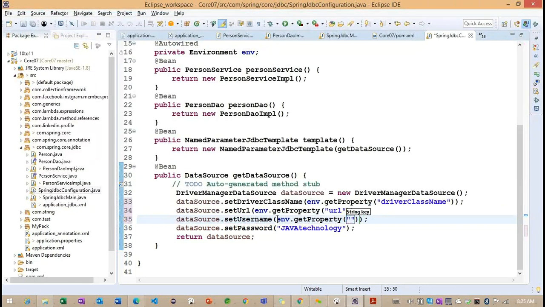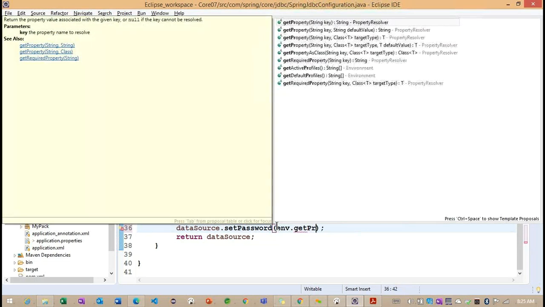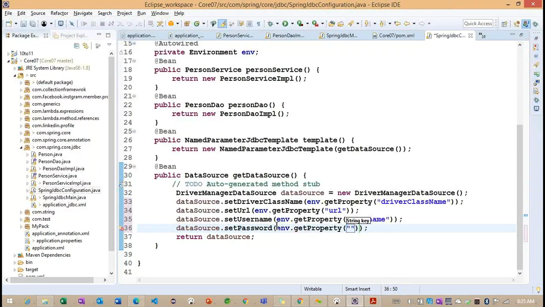getProperty, and here username, password. Okay.